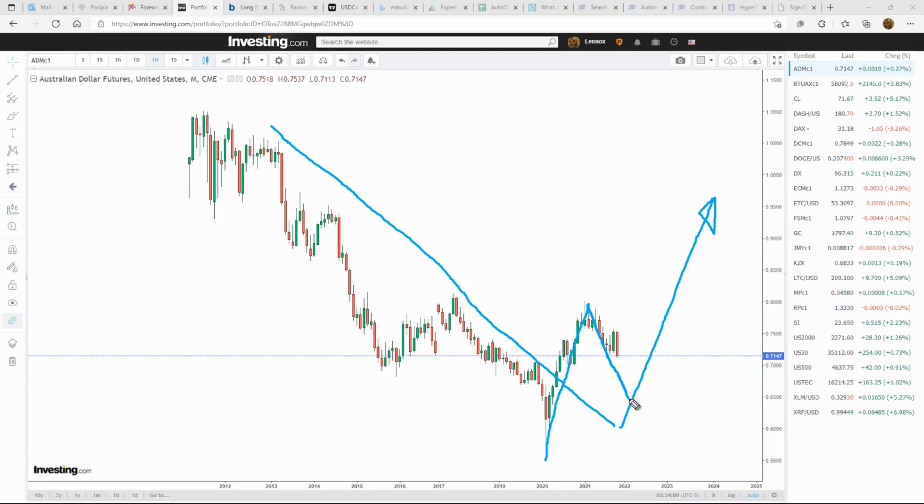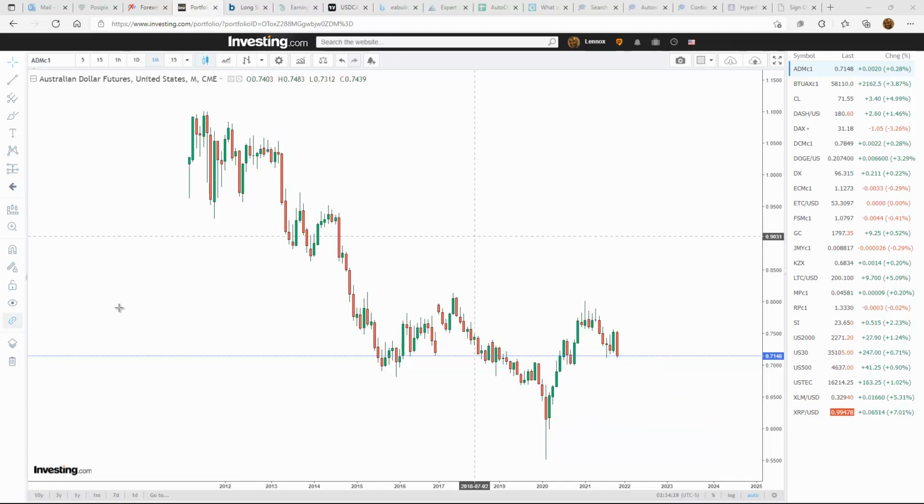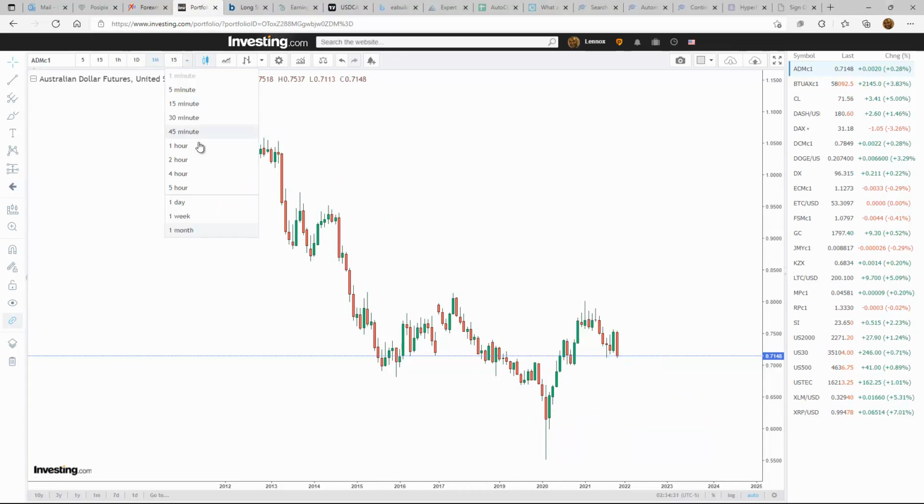So it looks like it's going to take us back down into this area of the chart. So somewhere in here, we're going to be coming back down before we get a turnaround move. So on the monthly, you can see from where we are over here, 1, 2, 3, 4, 5. So anywhere from 3 to 6 months before we get back down into this area. So that kind of gives you an overview of what's really happening with this currency.